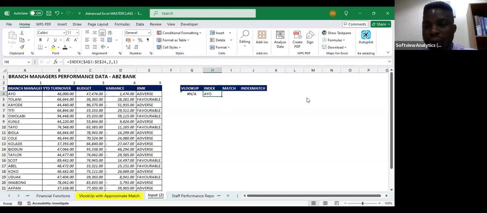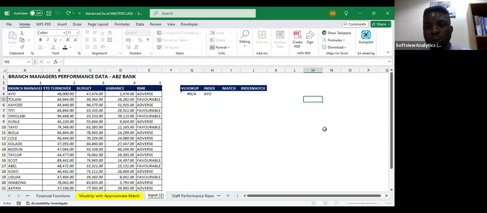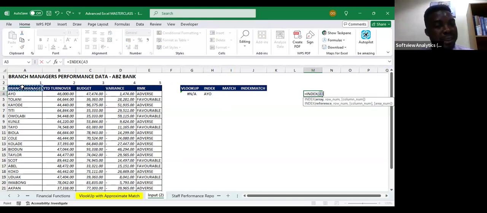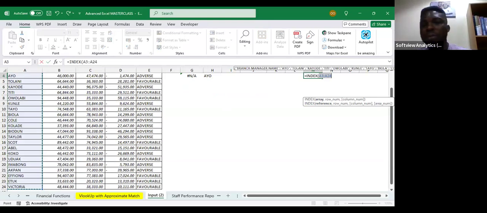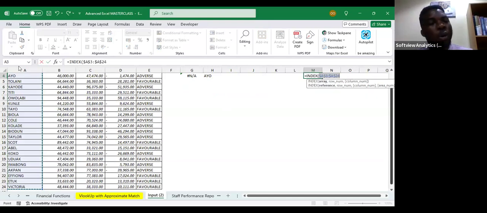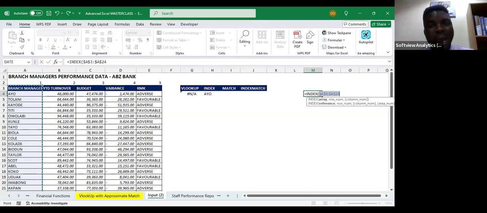Now I'm going to do it again here, just to make us understand one more thing. Look at what I'm doing now. I'm saying index, and I call out the argument. I'm not going to select everything as the table array. I'm just going to select everything here. In this case, I select only one row, and because I've selected only one column,